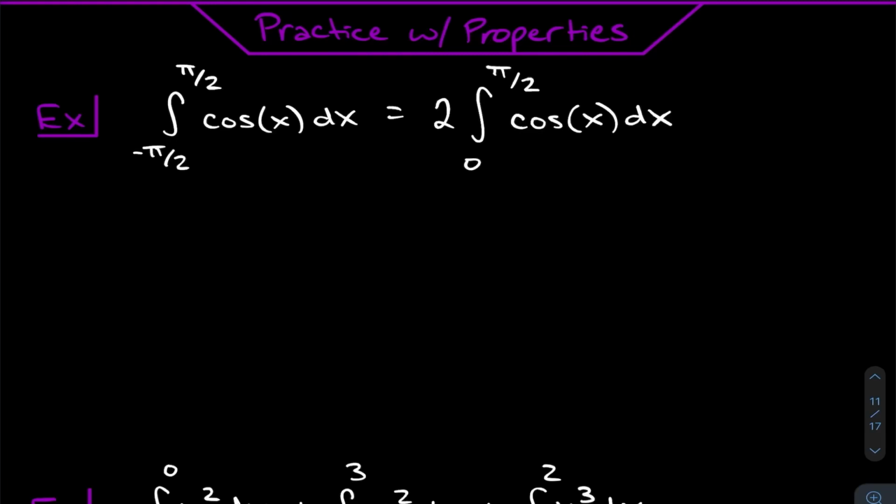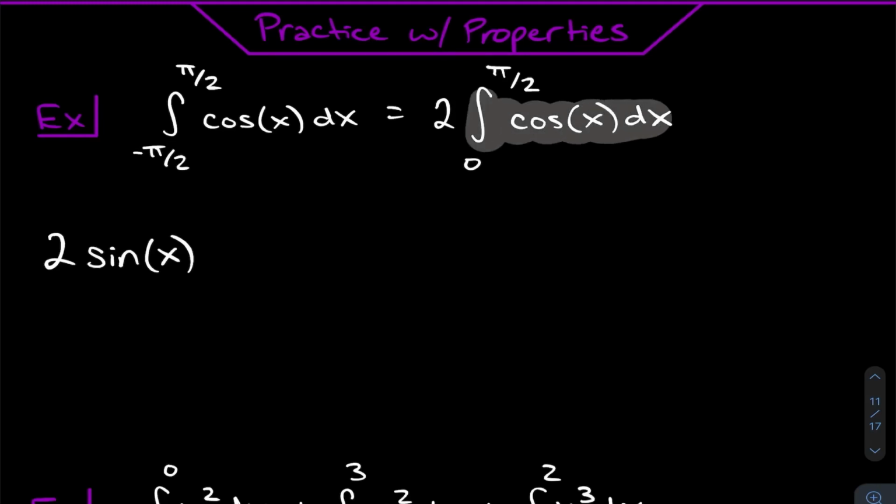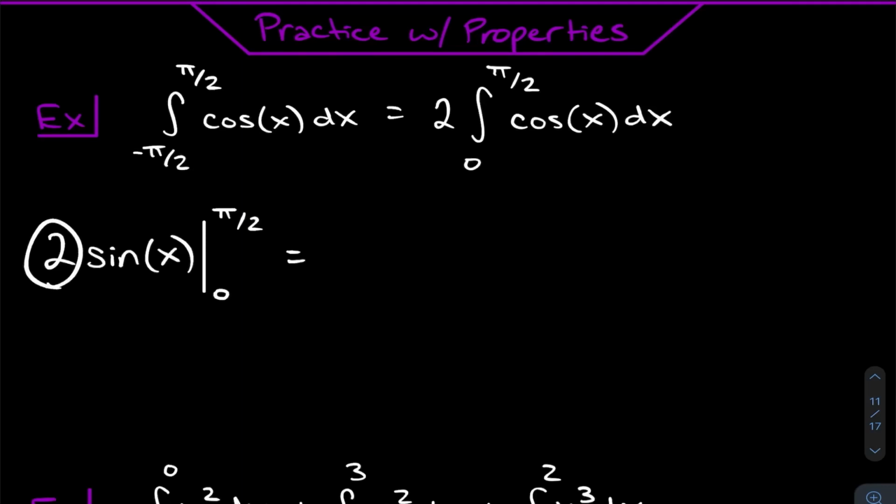And if you integrate cosine of x, you get sine of x. Remember that 2 is in front of it, so we're going to have 2 sine of x. And now that we've done the indefinite integral part, we have to worry about the bounds. To do that, we use the Fundamental Theorem of Calculus part 2. We put an evaluation bar here from 0 to pi over 2, and then we use that FTC part 2. You don't have to include the 2, you can just distribute it through at the end. So I'll do that now, but you can, of course, put the 2 in there. It's up to you. But here we're going to get sine of, we're going to put in our first bound,